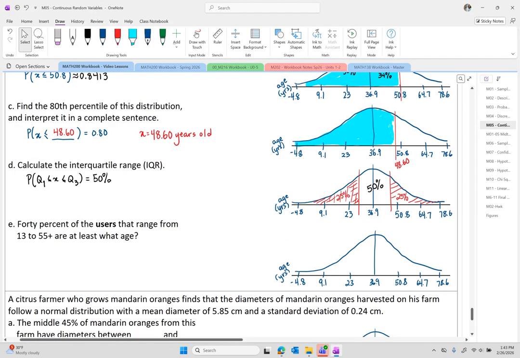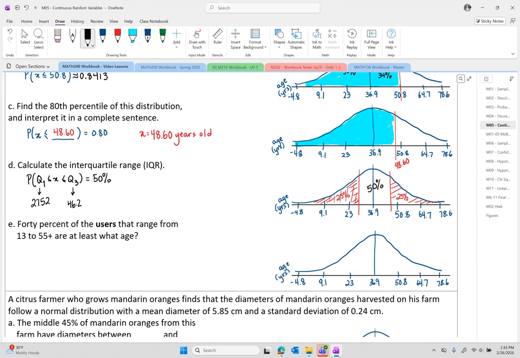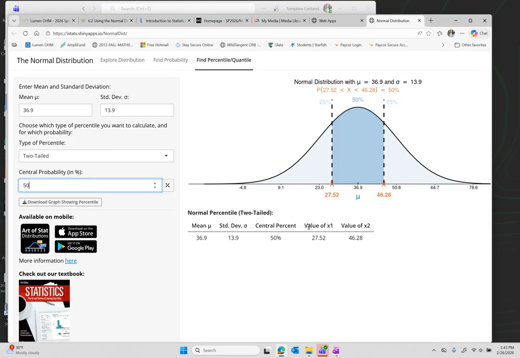So I could say that quartile 1 is 27.52 years of age, and quartile 3 is 46.28 years of age. There is another way if I don't use this technology and maybe I use my calculator